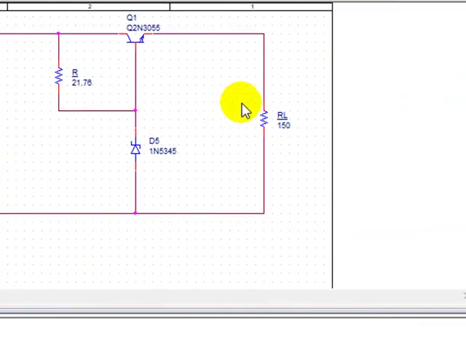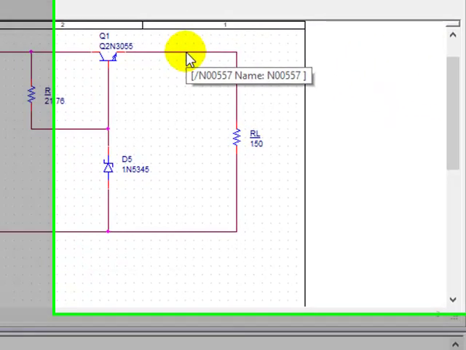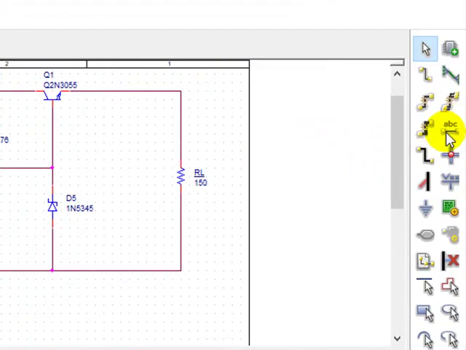A resistor has two ends. This is 1, this is 2, that you can hover and check. This is number 2, this is number 1. I have connected reverse. So this is a big problem. So what I suggest you to do is, before you run the simulation, you add a name to the net. That can be done very easily.